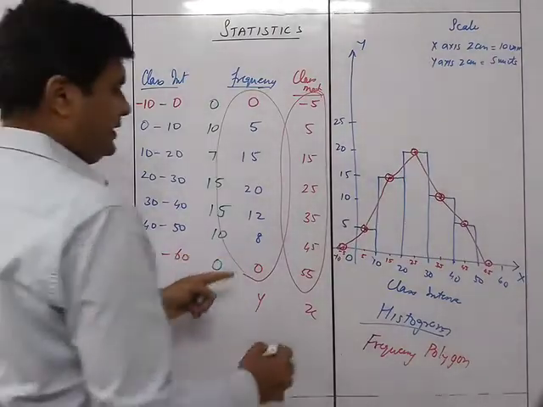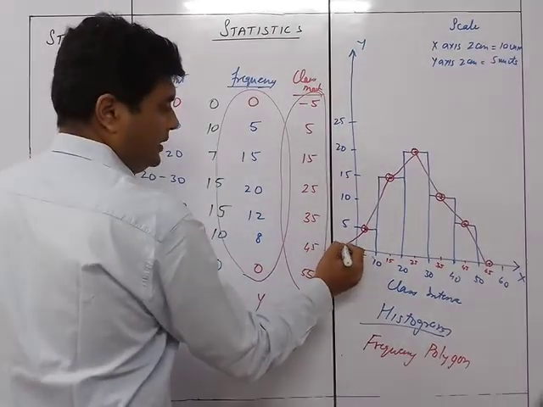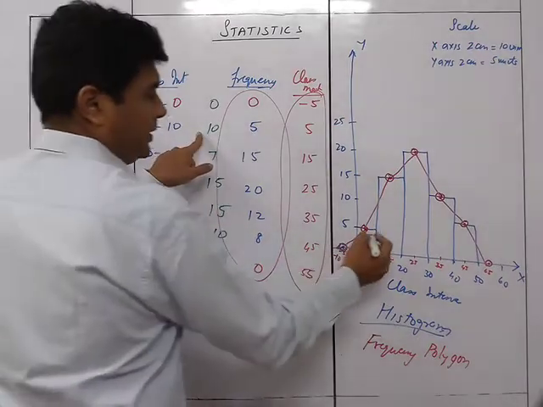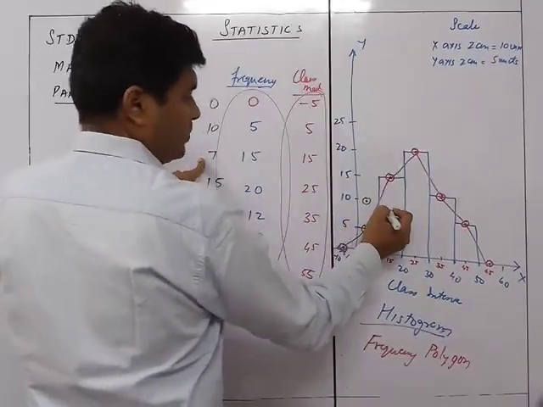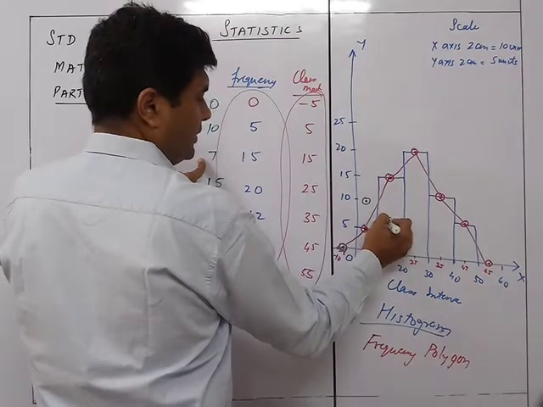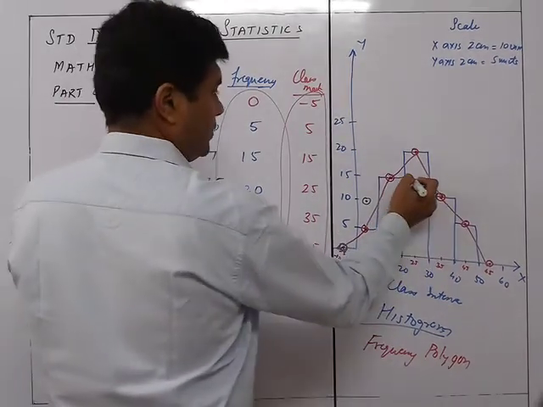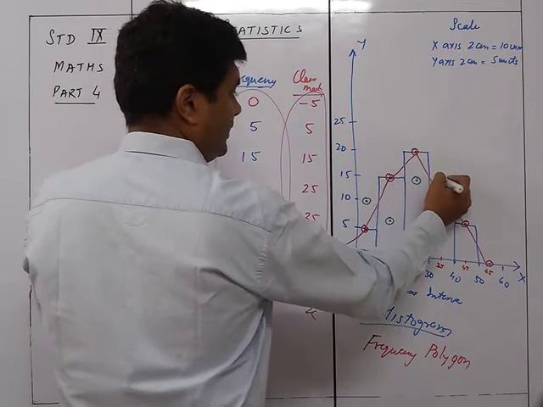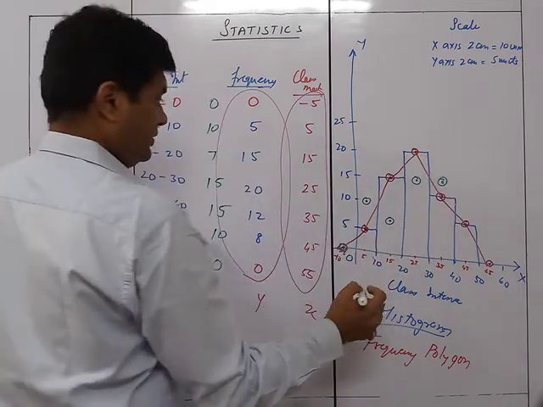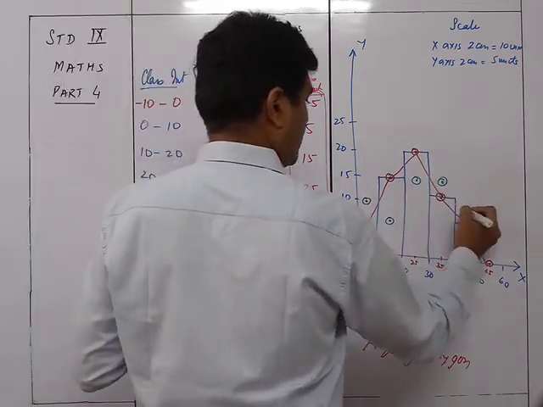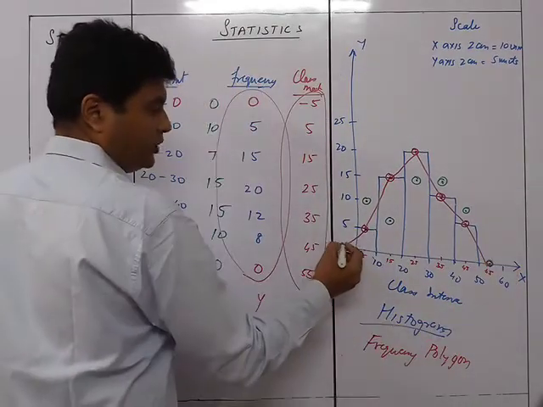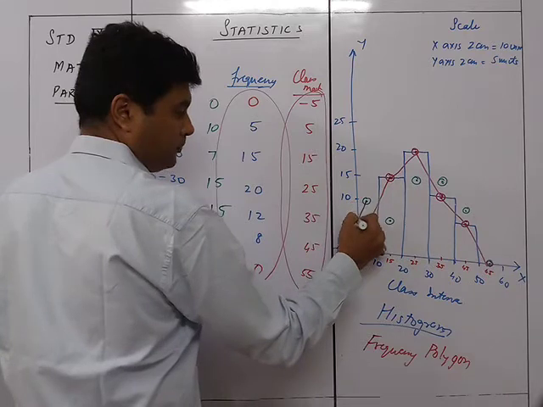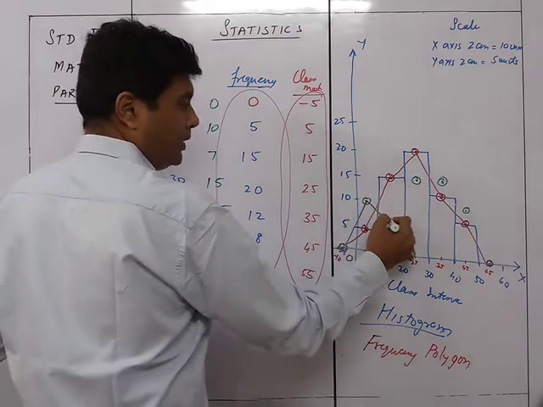So then this point will be the same. After that, 10 will be over here. So for here it will be 10, which will be here. 7 will be somewhere here, so it will be coming over here, and 15 will be coming over here. Then next 15 will be coming over here, and then it will be 10 which will be coming over here. So this is 10 and this will be the last thing. So accordingly the next figure, the frequency polygon, will be like this.